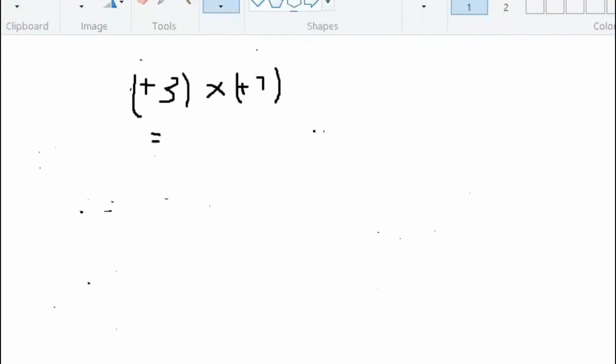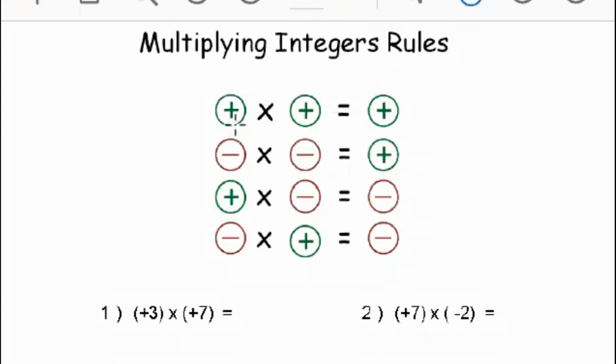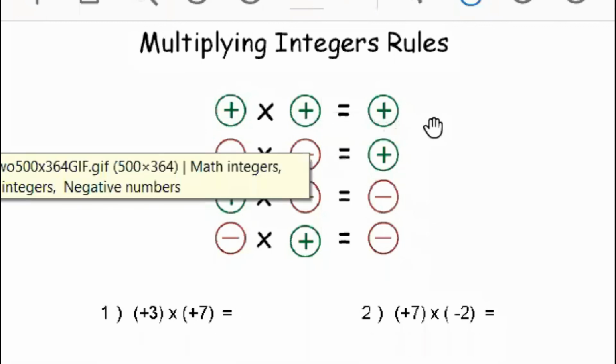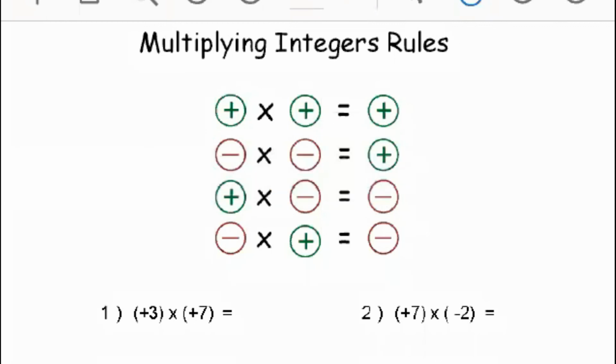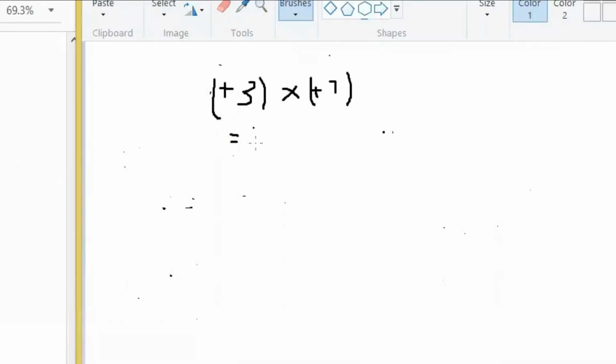So we need to look at the multiplicative rule. This here is positive 3. This here is positive 7. So look at your multiplicative rule. Positive multiplied by a positive gives us a positive answer. So I know definitely positive needs to be here. 3 multiplied by 7 gives us 21. So I know number one, my answer needs to be